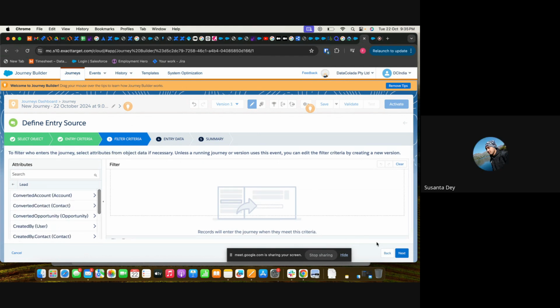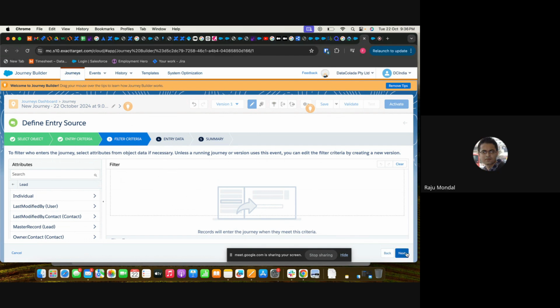This is entry criteria, right? Entry criteria: I've selected that if the lead is created, then it should enter the journey. Filter criteria checks whether the lead has some fields which we want to filter. If it meets that criteria, it will enter this journey.